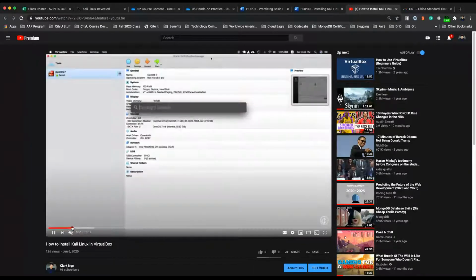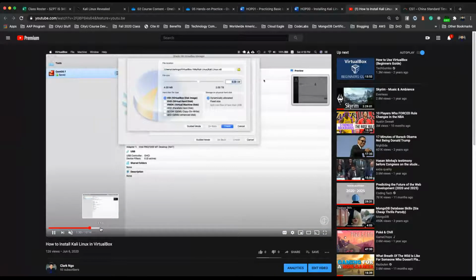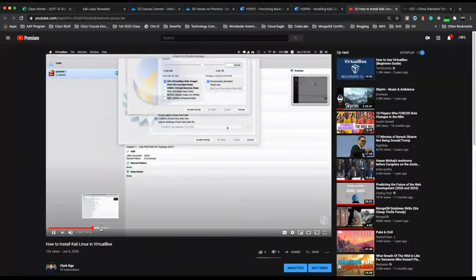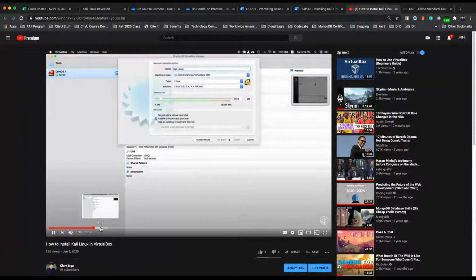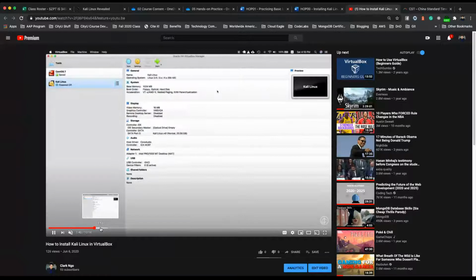Once you have that operating system downloaded, you open VirtualBox and follow the steps, allocating storage size and memory size so that once you are inside Kali Linux, it's usable. Because if you put just 1 gig on your Kali Linux, it might become super slow.